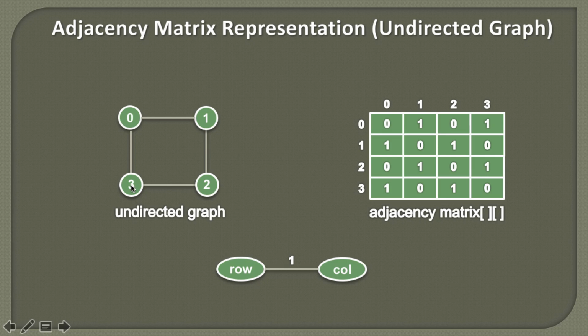Also here you can see that from node 3 to node 1 there is no edge. Therefore, from the third row to first column, there is no edge, so we have represented it as 0 because it signifies there is no edge between 3 and 1. So in the matrix, wherever we want to represent an edge, we put 1, and wherever we want to represent no edge, we put 0. So friends, here we use the matrix to represent an undirected graph.